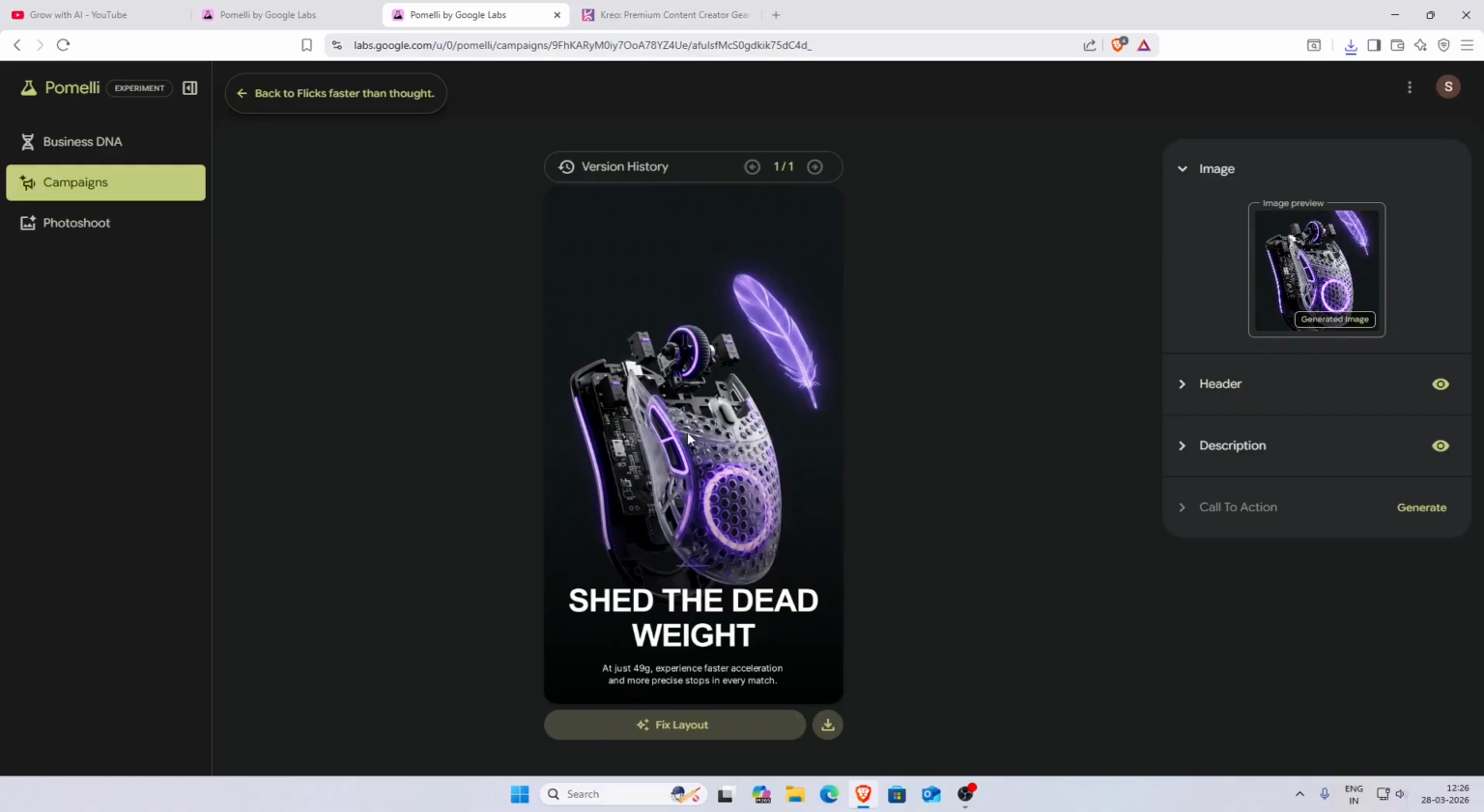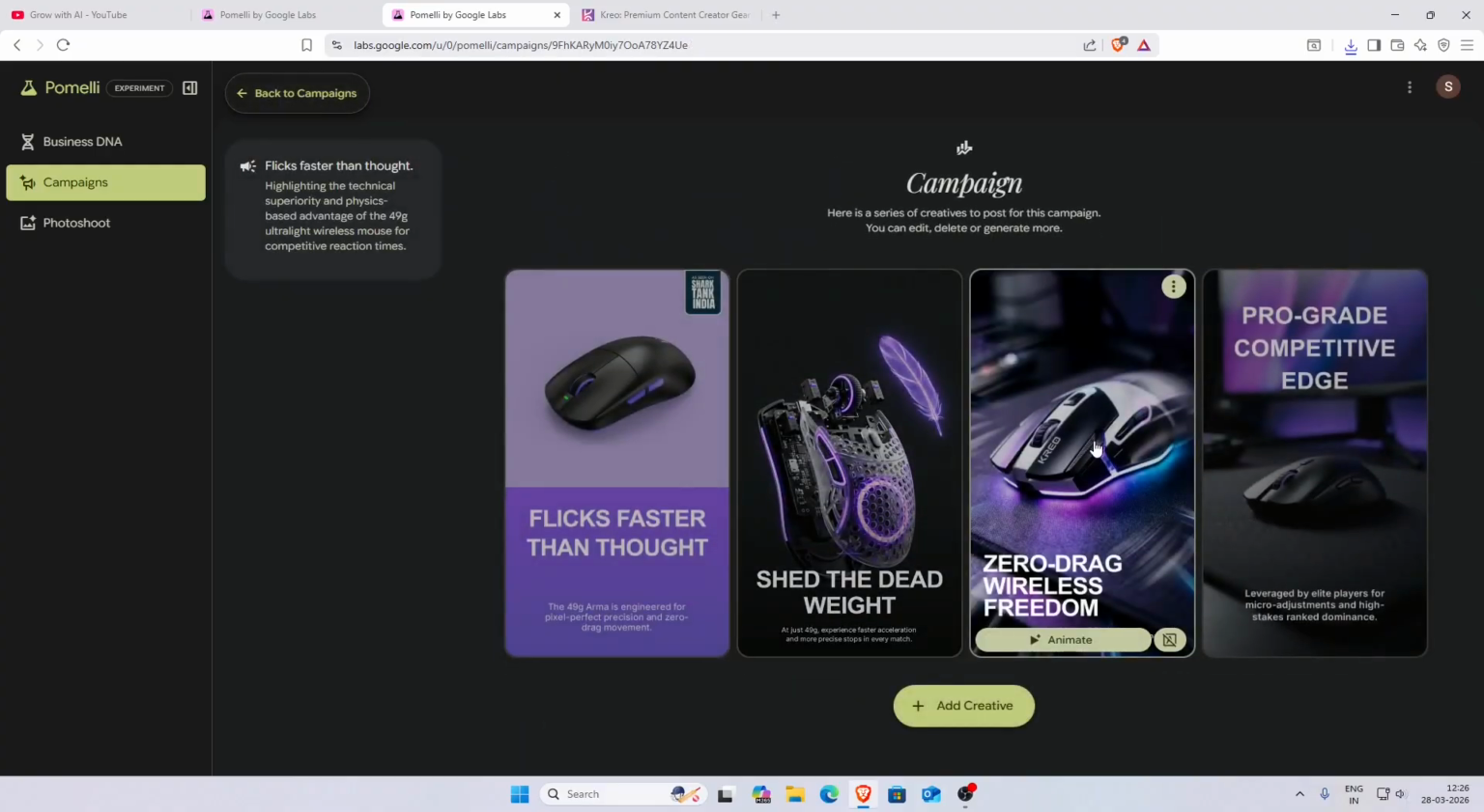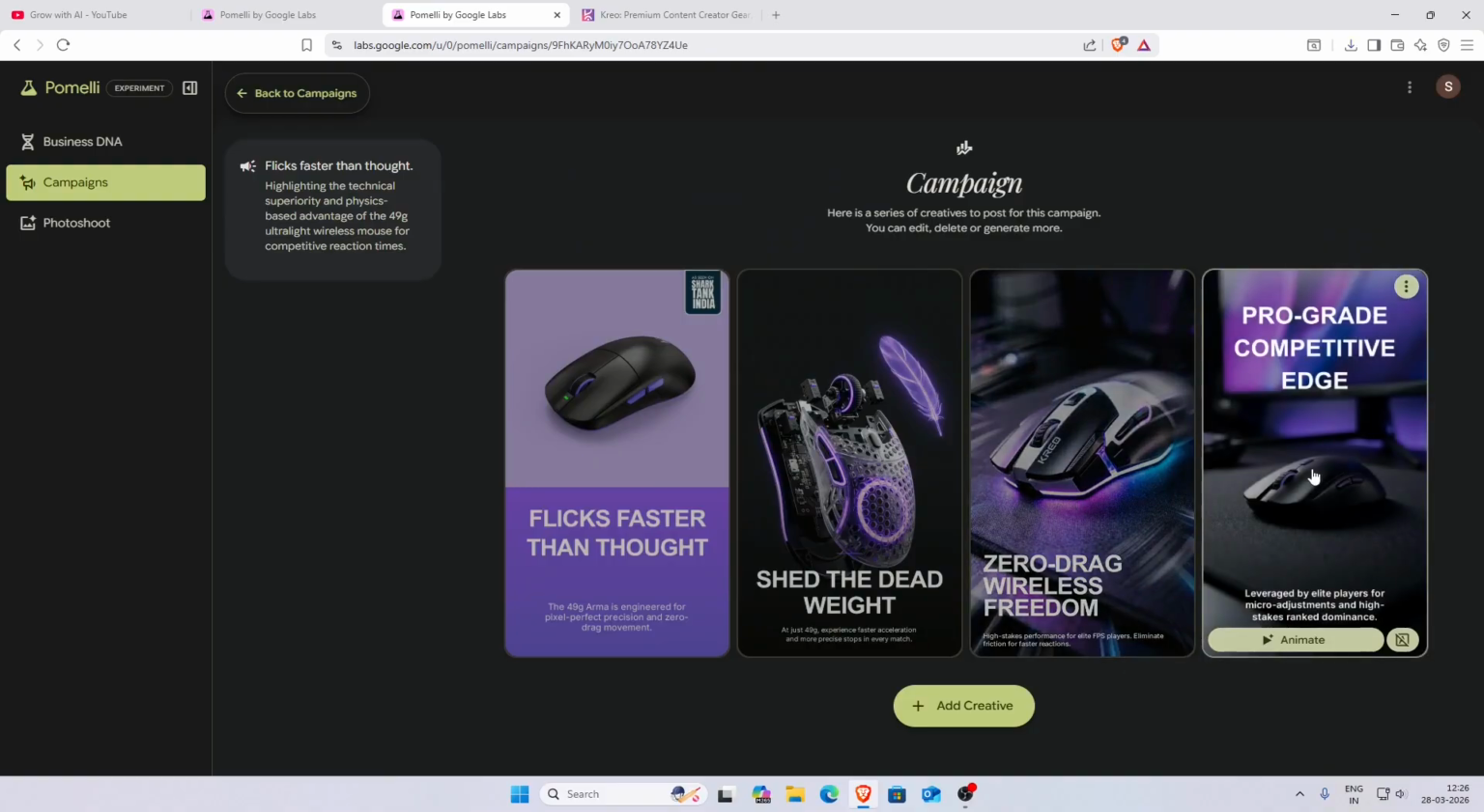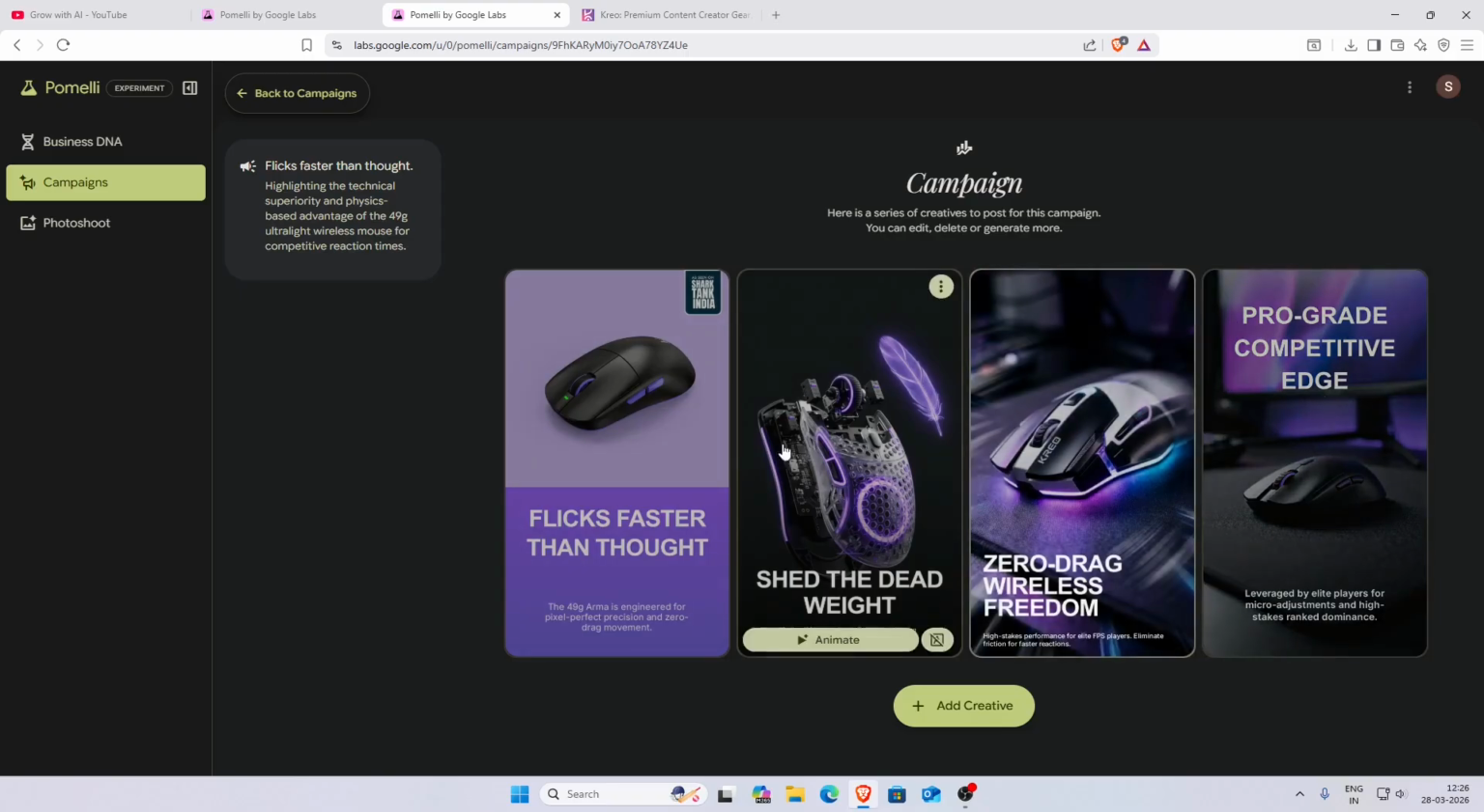State the dead weight. Then zero drag wireless freedom, leveraged by elite players for micro adjustment and high stakes rank dominance. Pro grade of competitive edge. Wow,